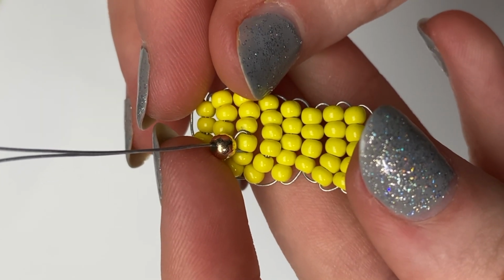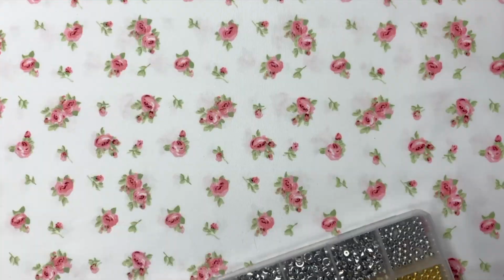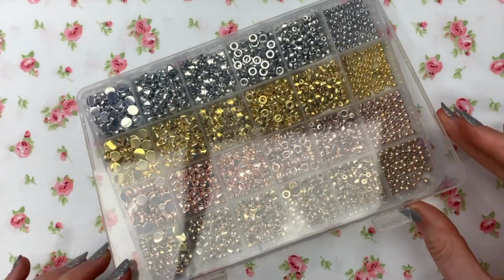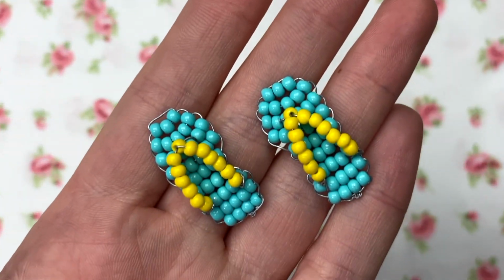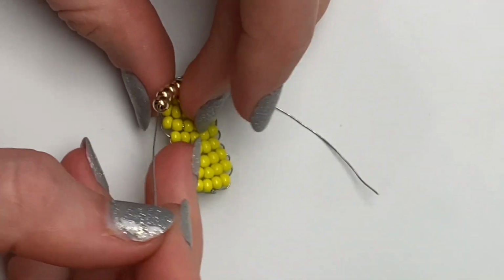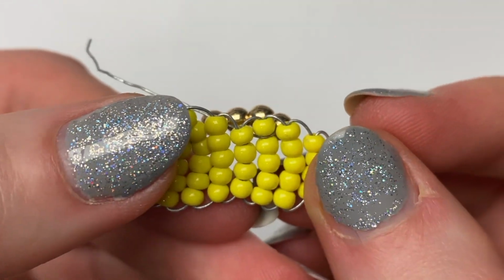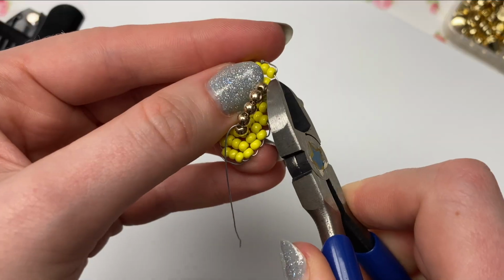I wanted this to match the sunscreen bottle, and since I didn't have any brown 3mm seed beads, I decided to use the gold 4mm beads from this set. If you stick with the 3mm beads, you'll want to add 6 beads on each side, but since these were a little bigger, I only needed 4. I wrapped the wire down and around that space that's right next to the first bead in row 7. Then I twisted the extra wire around the base of the strap, flattened it, and did the same thing on